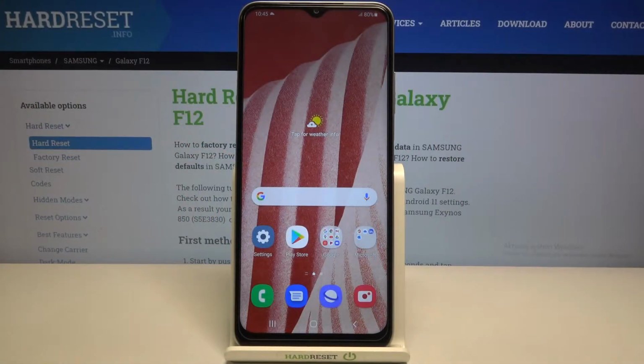Hi everyone, here we've got Samsung Galaxy F12 and let me share with you how to reset network preferences on